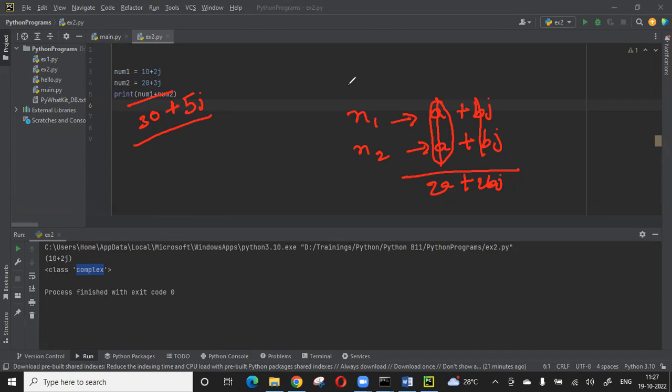Okay, for the real part you need to create a separate variable a, and a separate variable b. Again you need to calculate like this a,